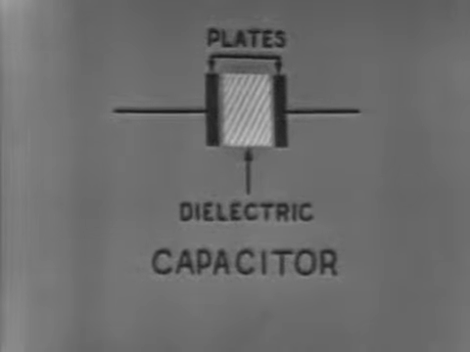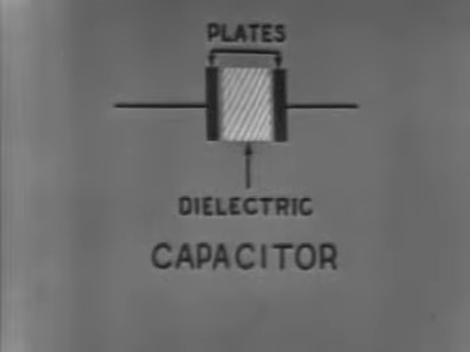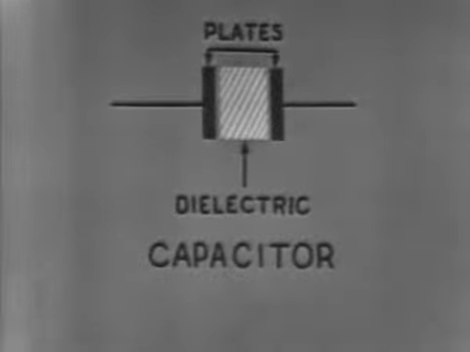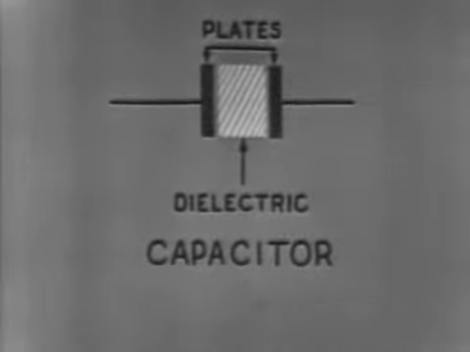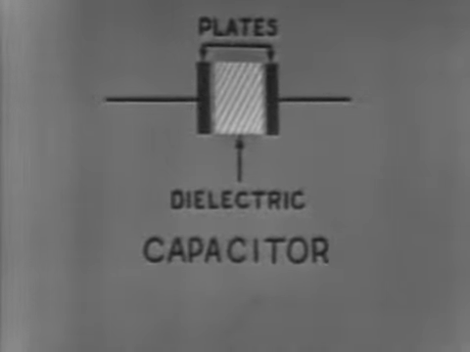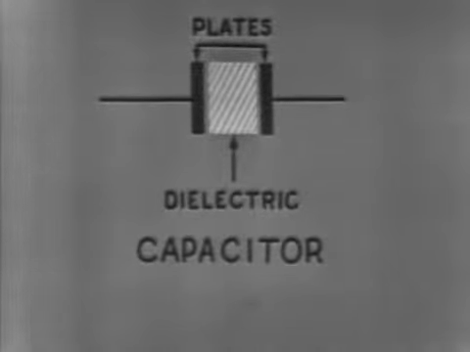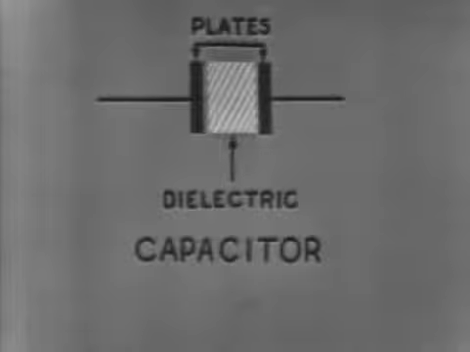But regardless of its physical size or shape, you can be sure that it consists of two plates separated by a dielectric. Dielectric is the term applied to the insulating material between the plates of a capacitor, while the plates themselves are